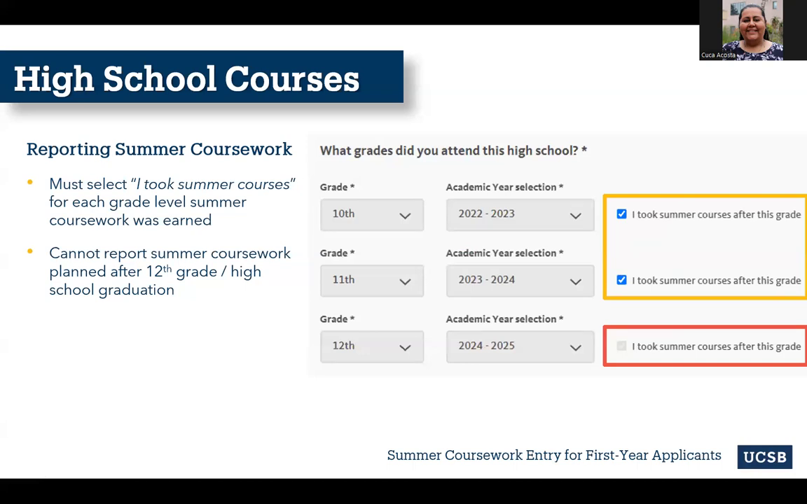Now, in terms of reporting high school summer coursework, students will need to input the grades and the appropriate academic years in which they completed that grade. So examples on the screen, grade 10, the student completed grade 10 during the 2022 to 2023 academic year. They're also selecting that they took summer courses after this grade, so the summer after 10th grade. So students need to be sure to select that checkbox so that they can input their summer coursework completed after